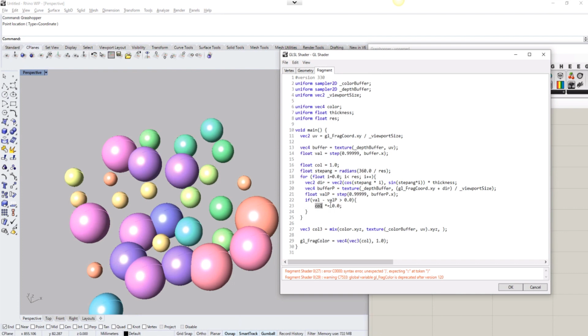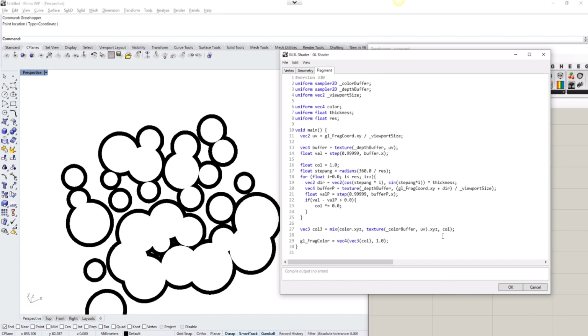So if the color is 0, then I want to make it an outline, so in this case the color of the outline will be used. And if the value is 1, then the original color is used where there is no outline. So like this, just replace this color with this one, and voila,